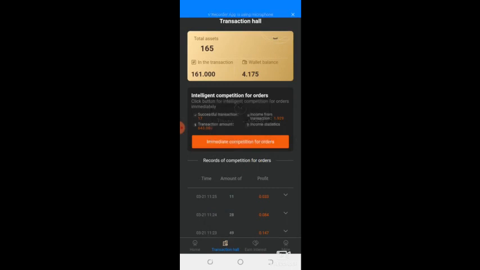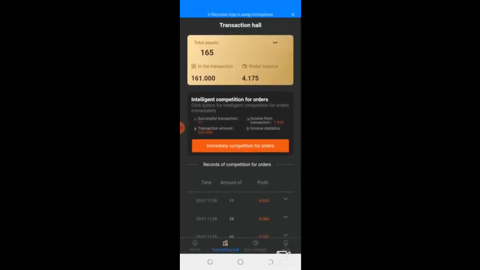So this will be done every 2 hours. I will need to come back after 2 hours, after this has been completed, to go for another trade, and both the profit and the capital will return to the wallet balance after 2 hours so that I can do another trade. So that is how to trade in COTP. It is very, very easy, very, very convenient. But this is not a sit and watch. You just need to initiate the trade. You are not the one connecting yourself with another user, but you are the one to start it.